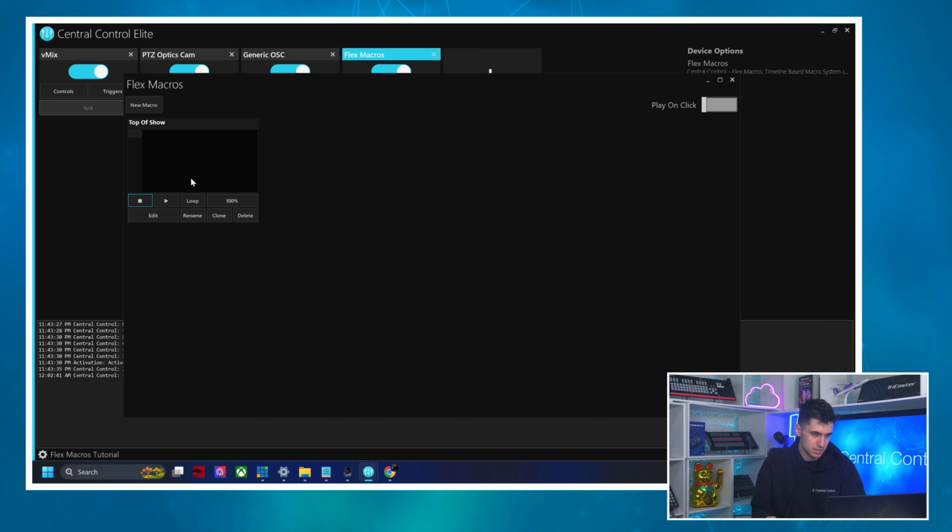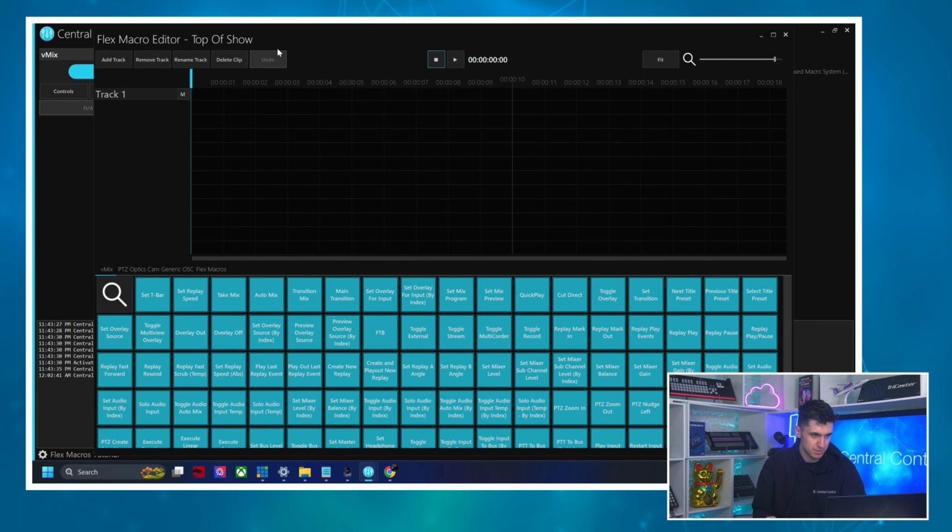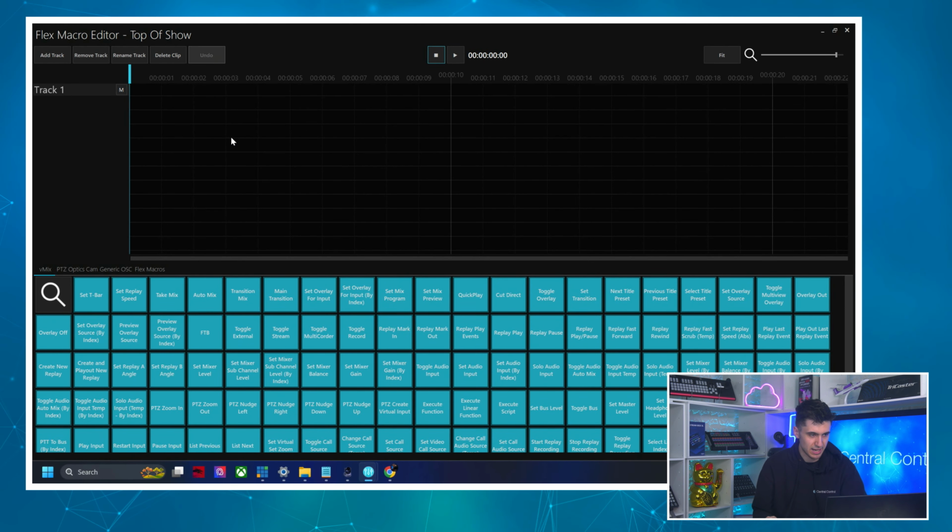With that done, you can see it gives me a preview here, and then I've got stop, play. I can change my speed. This is all useful when we actually have something to play back. So to start, let's click the edit button to bring up the timeline in which we can actually start to